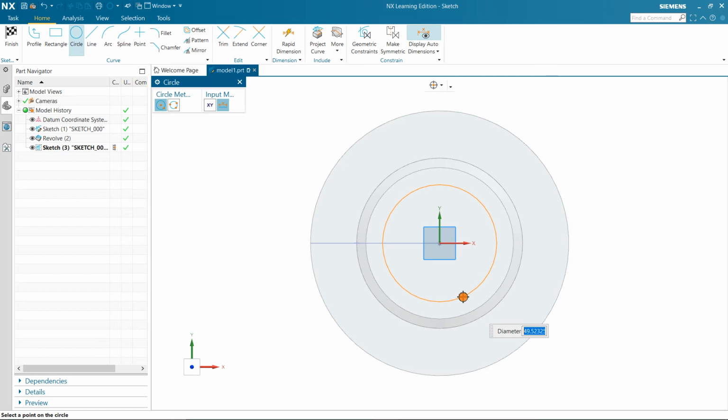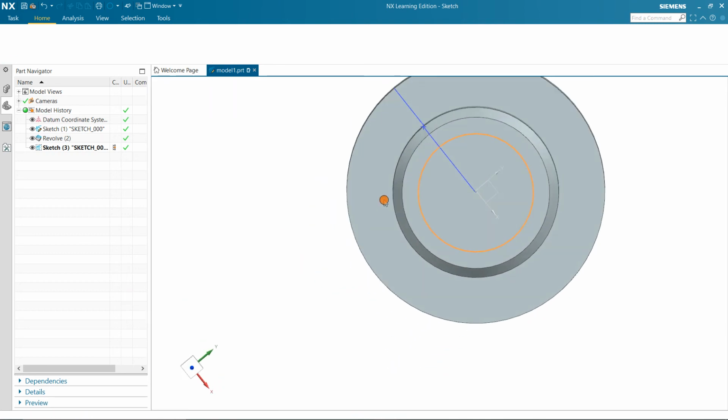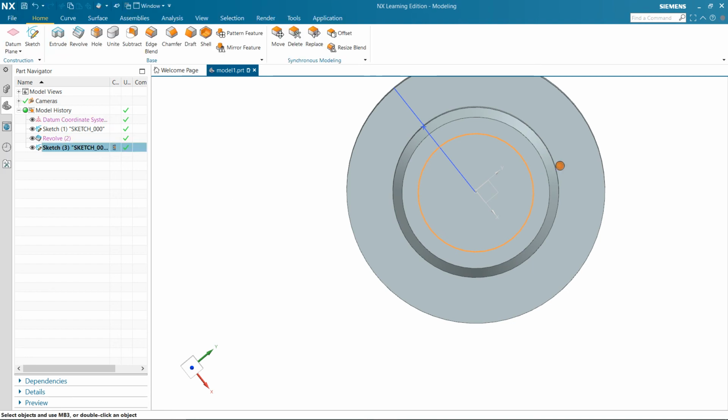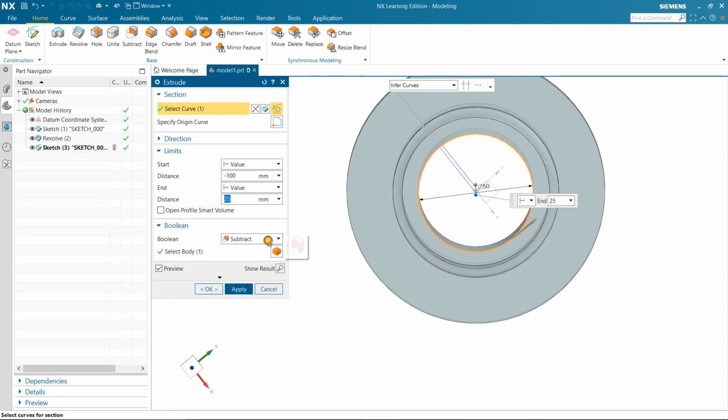And now I am giving the diameter as 50 mm and then simply finish it. Now extrude that sketch. See, in this boolean select the mode as subtract and give some values. In value you will have many options like value, symmetric value, until next, until selected. I am taking value and specifying minus 125 here, and just look, it will be creating a subtract.